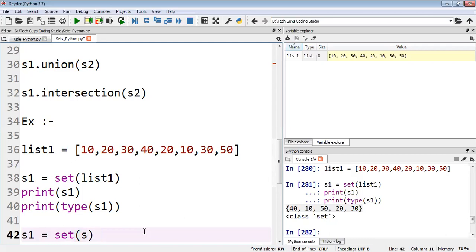Okay, just one sec. Okay, we need to typecast into the list. Sorry, I need to store into the list one, typecast into the list. Yeah, like this we'll do it.